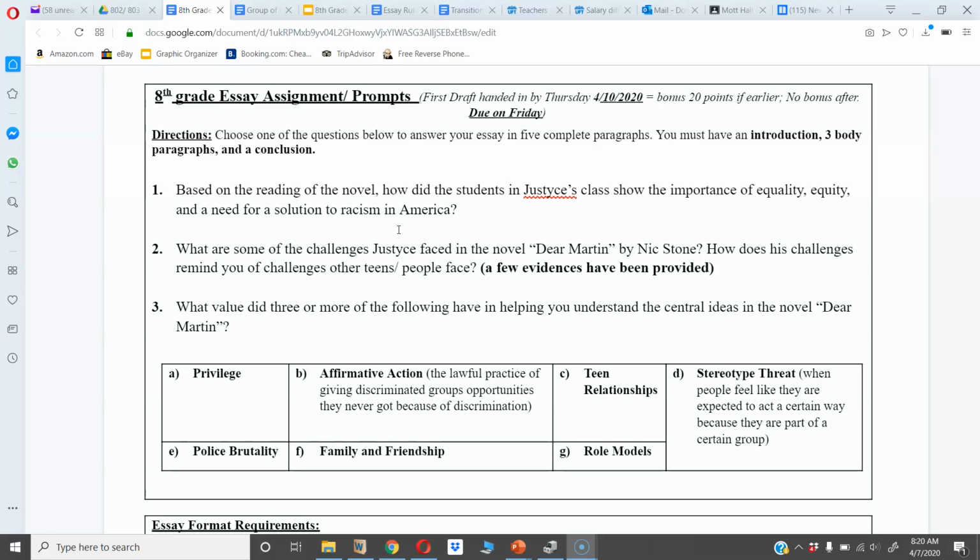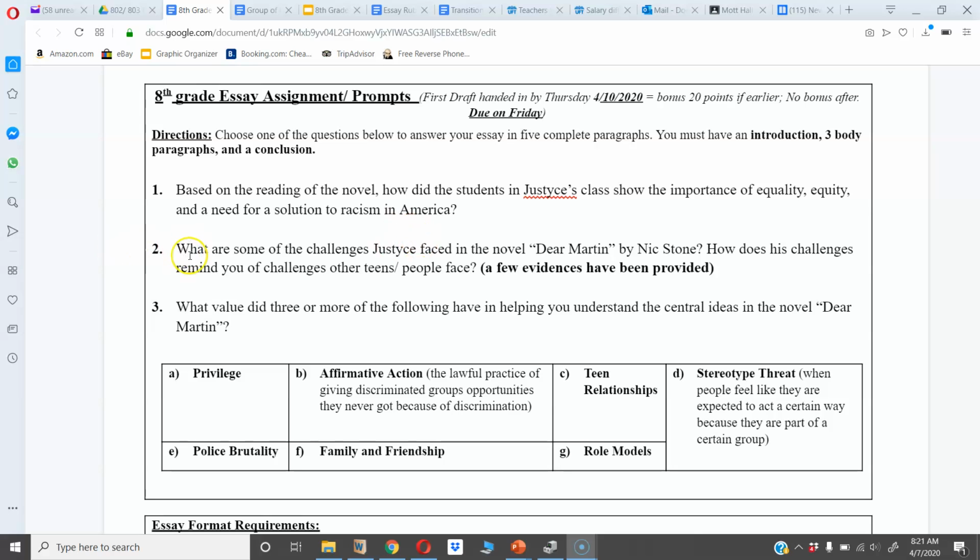Now, equality and equity, we spoke about many times in class. Equality is everyone getting a fair amount of rights. Equity is when you have those opportunities to make sure that the equality is there. I would suggest that you all look for the definitions as well, because you might end up getting a better understanding.